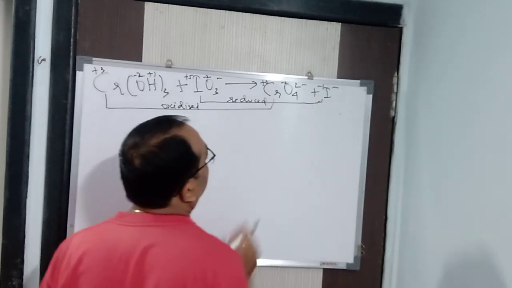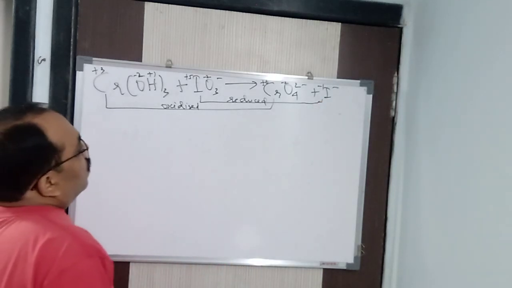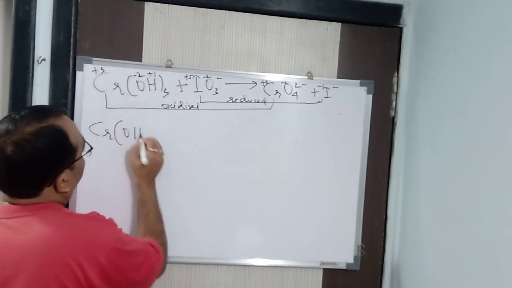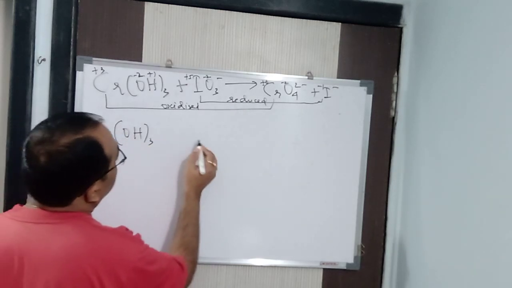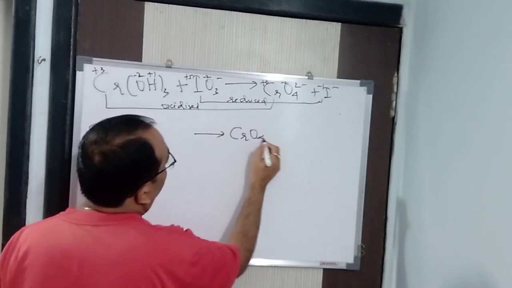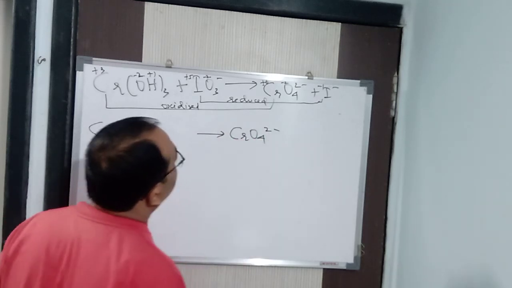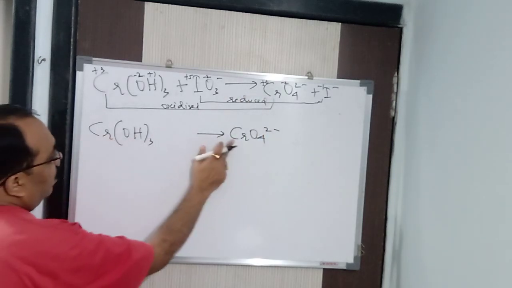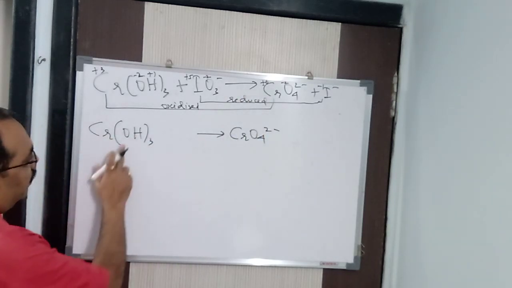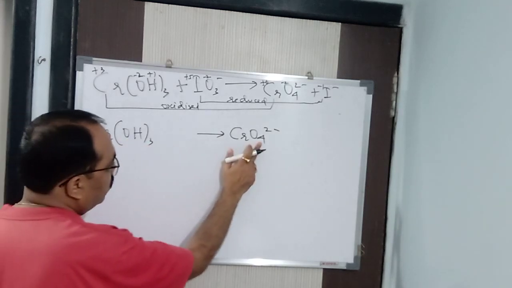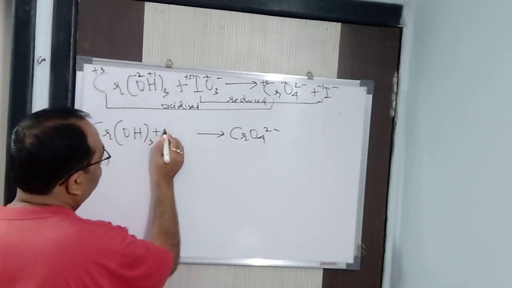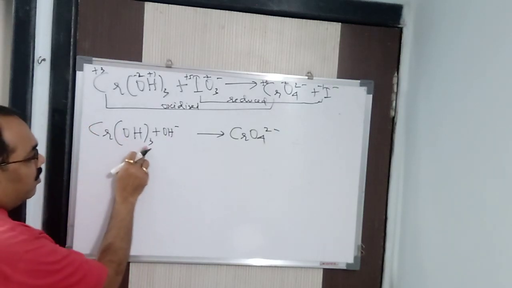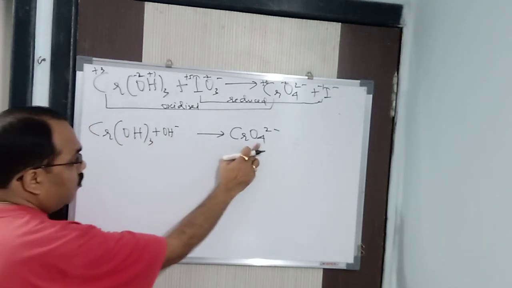Let me rub it so that you will not be confused. So again, same thing, I will balance it differently. First Cr(OH) whole thrice gives CrO4 2 minus. I am taking this one, the oxidation part. Now chromium 1 is balanced. Here 3 oxygen, here 4 oxygen. So to balance it, I will add here OH minus because I need to balance in basic medium. So here 3 plus 1, 4 oxygen balanced, here 4 oxygen.